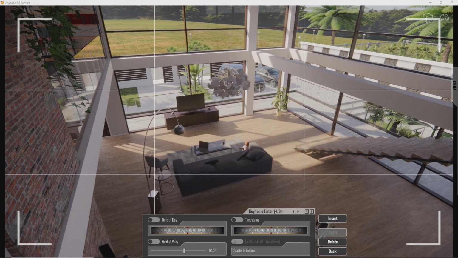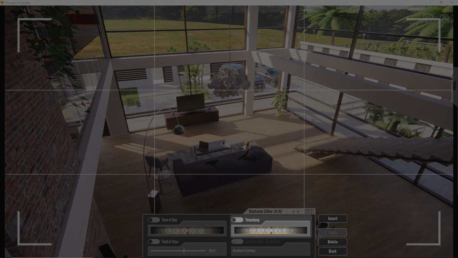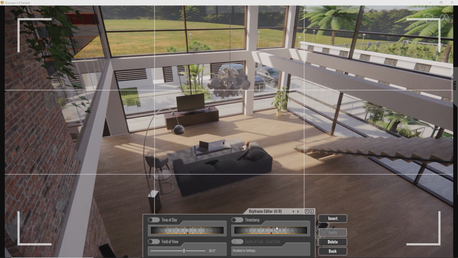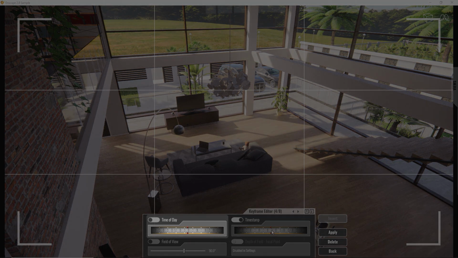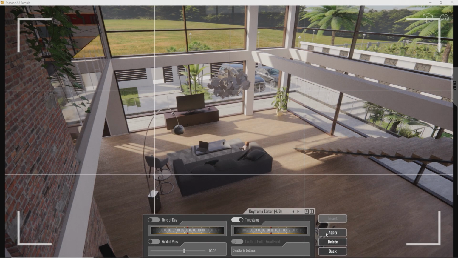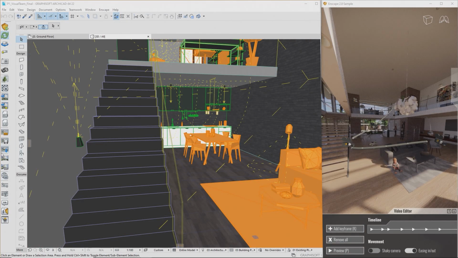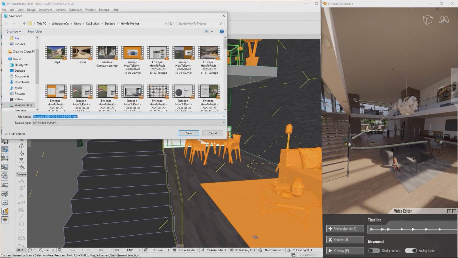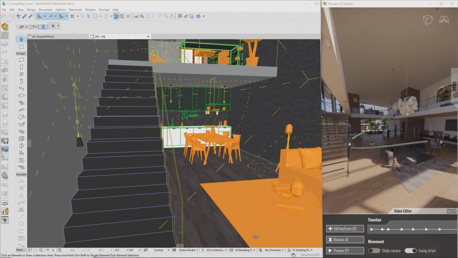To change the speed your camera moves in, have a look at the timestamp slider. This tells Enscape, reach this waypoint at second, whatever you select here. Grab the slider to select the desired time. This way you can also control daytime, zoom, and depth of field for each keyframe. Don't forget to press apply so your changes get saved. Once done, click the Render Video button to export the fly-through as MP4 file.